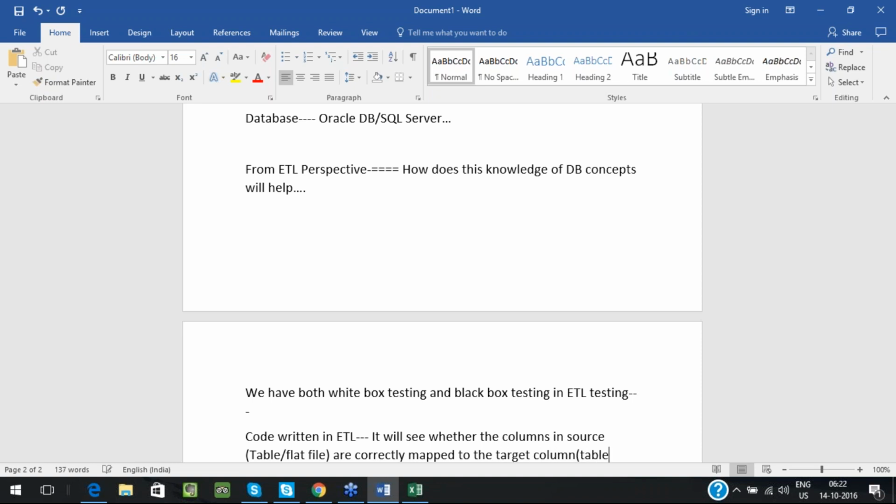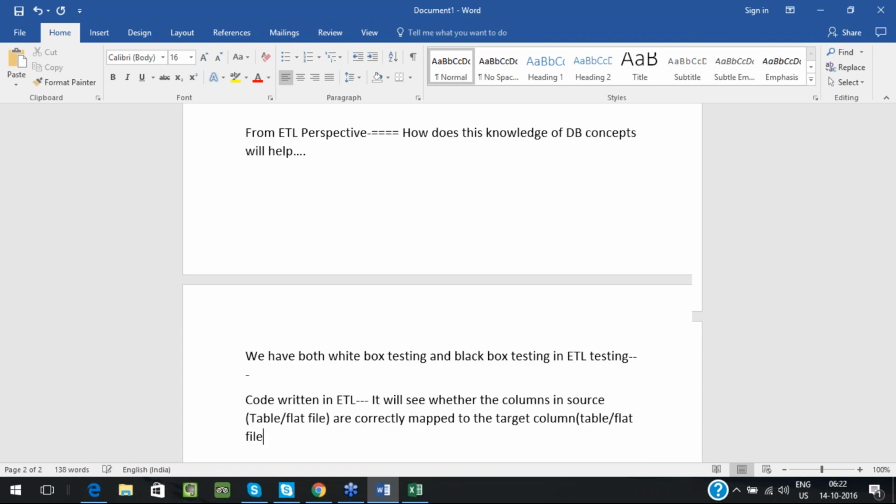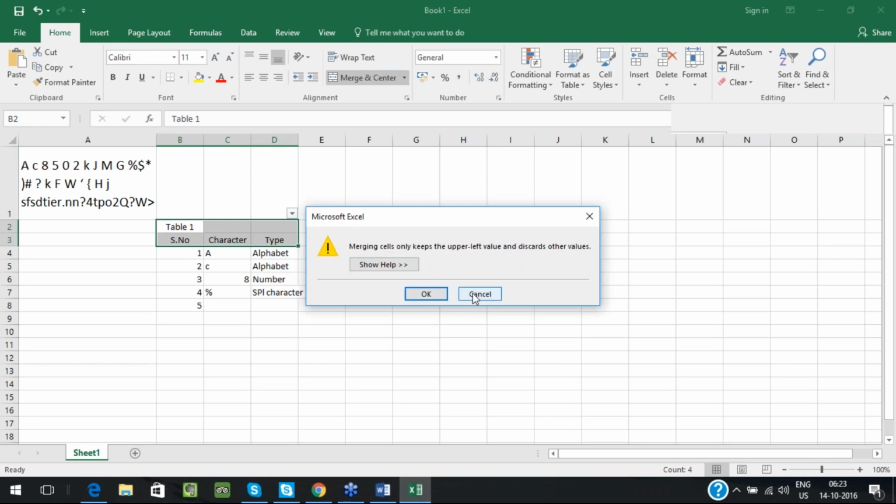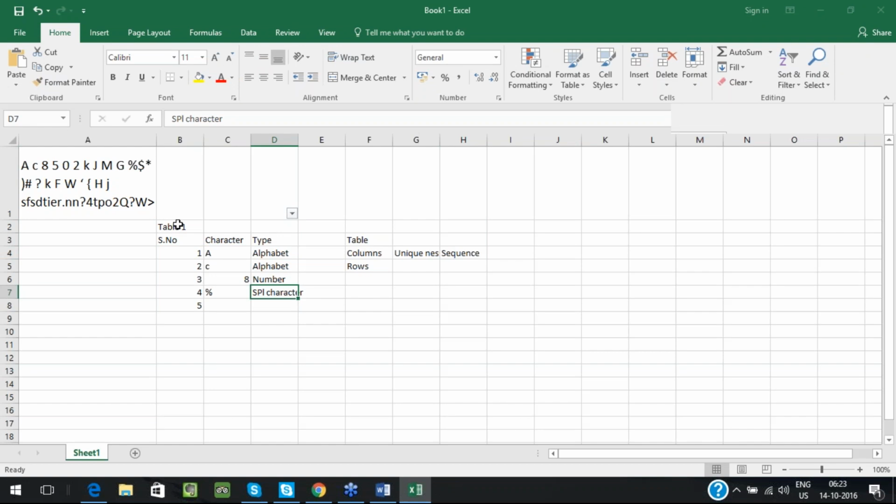It can be again table or flat file. Okay, so let's give a name to this particular table. Okay, table 1. So this is my source, say suppose,